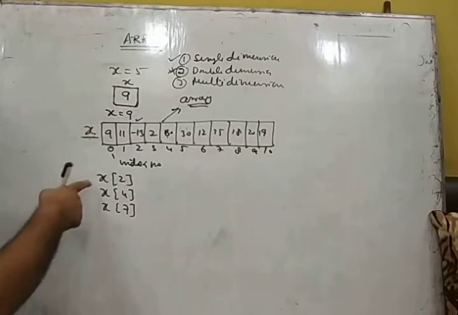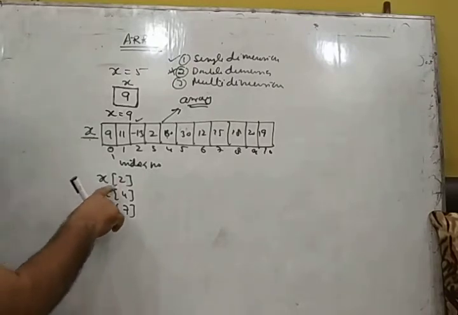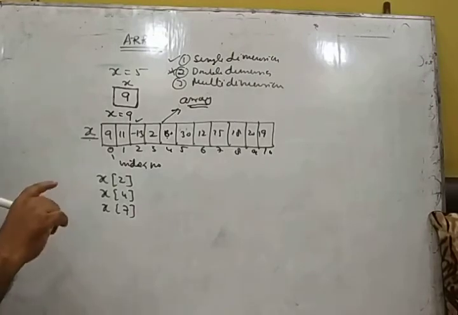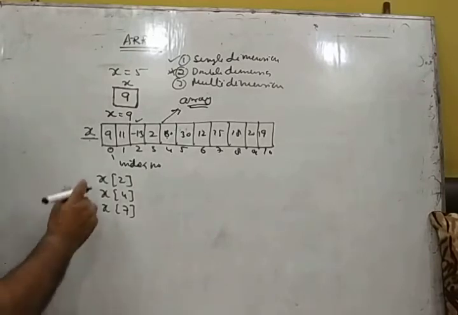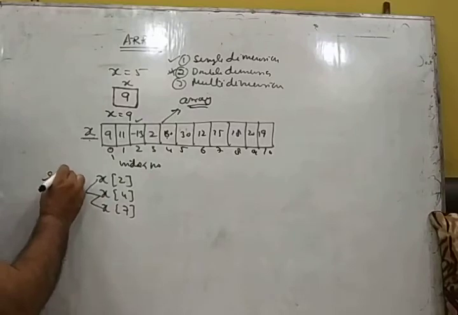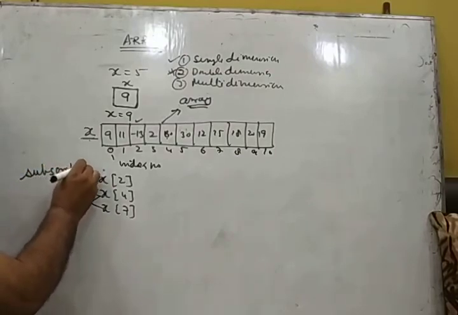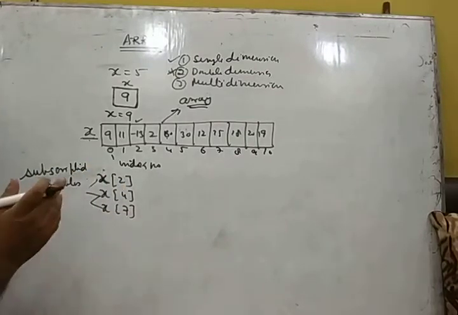Now, you will say that sir, these variable names are wrong because we cannot use special characters. You are absolutely correct. But whenever we are using an array, these kind of variable names are acceptable. Whenever you see these kind of variables, throughout programming, I am still not talking about Java, in any language, whenever you use an array, you have to use these variables. These variables are called subscripted variables.